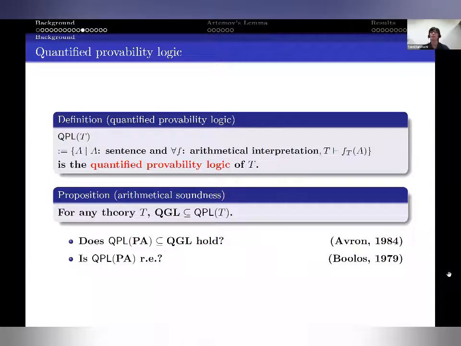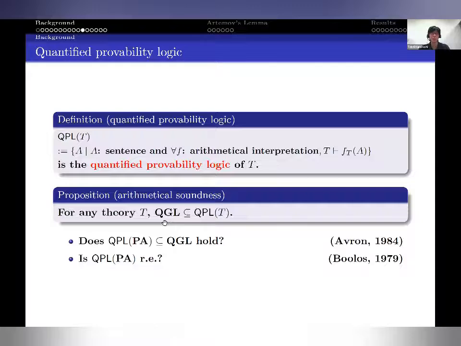Also, I extend the notion of provability logic to quantified modal logic. QPL of T is the set of all modal sentences which are provable in T under all arithmetical interpretations. And this set is called the quantified provability logic of T. Then, as in the propositional case, let